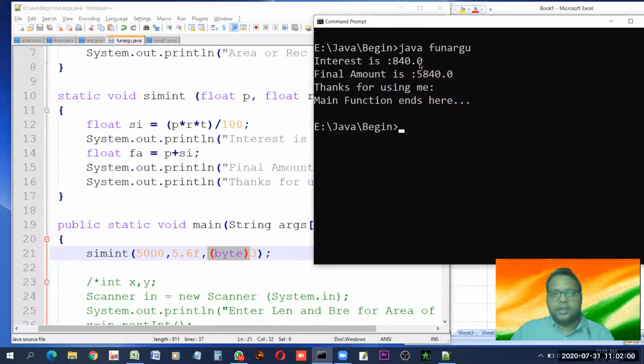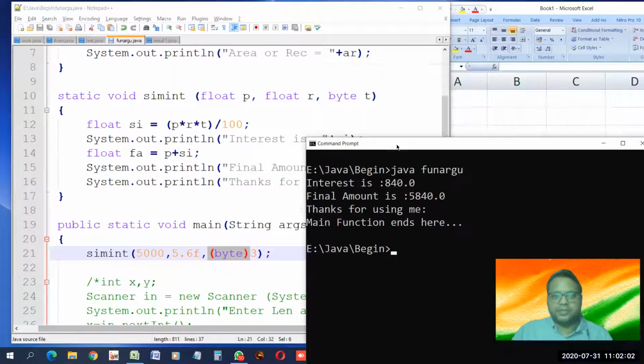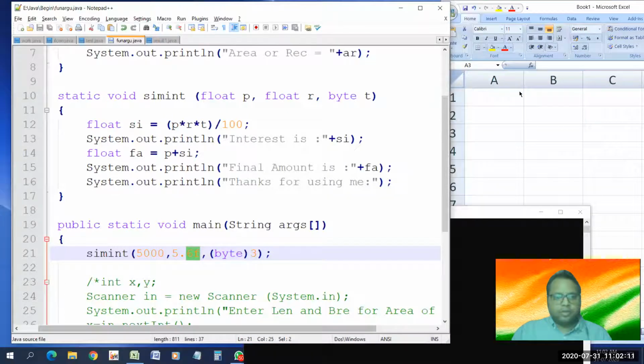How did it work? Let us have an explanation with RAM. Once we call this function, with this 5000, this and this, what happened? This function is called. Go to this function. How many variables?